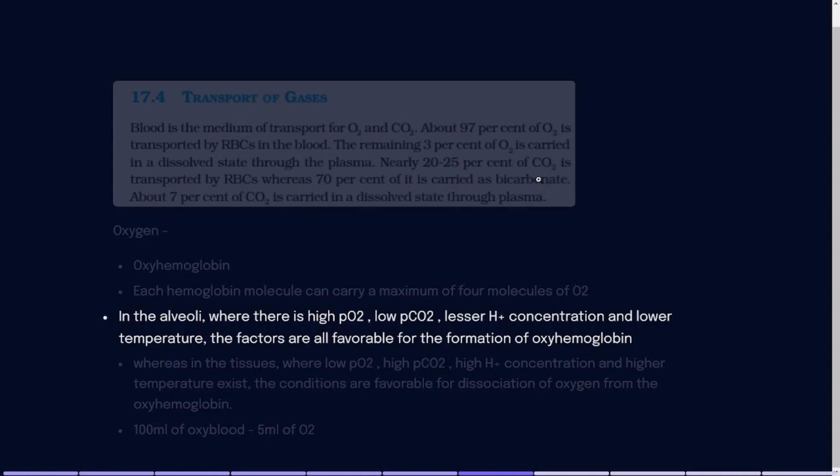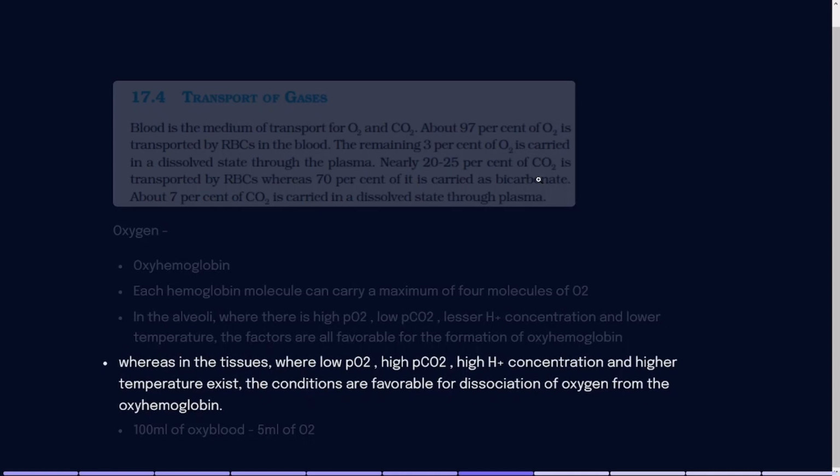We will look into the graphical form of presentation of this information later. First, you need to remember these 4 factors which are favorable for formation of oxyhemoglobin. Next, these are the 4 factors that are not favorable for formation of oxyhemoglobin and are favorable for dissociation of oxygen from oxyhemoglobin. So dissociation of oxygen from oxyhemoglobin will obviously happen in the tissue. So the 4 factors responsible for dissociation of oxygen from oxyhemoglobin in the tissue are low PO2, high PCO2, high acidity, and